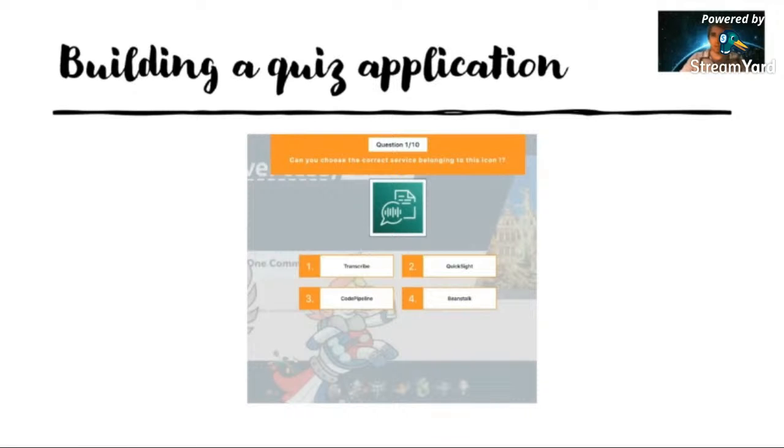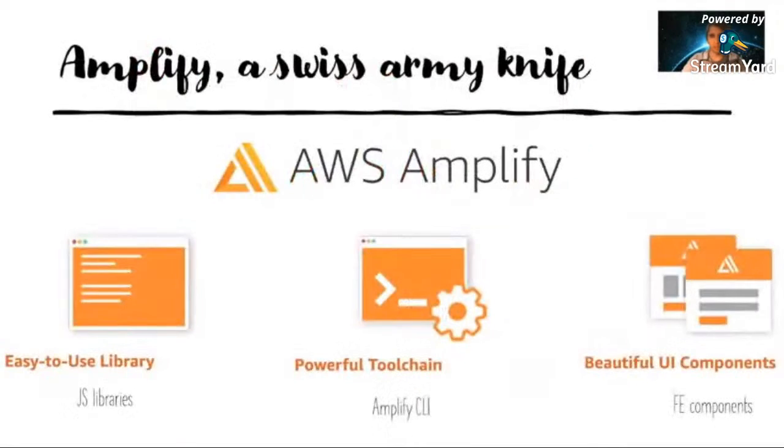And what is AWS Amplify? AWS Amplify is a Swiss Army knife. It's a multi-headed service. For me, there are 3 important pillars. There are probably more if you ask someone else, but these are the ones most important to me. On the one hand, you have the JavaScript libraries, which you can use within your code. Then you have the Amplify CLI, which you can use to spit out CloudFormation, to build cloud services in your cloud account. So it's really infrastructure as code. And then you have the UI components that you can use in your front end.